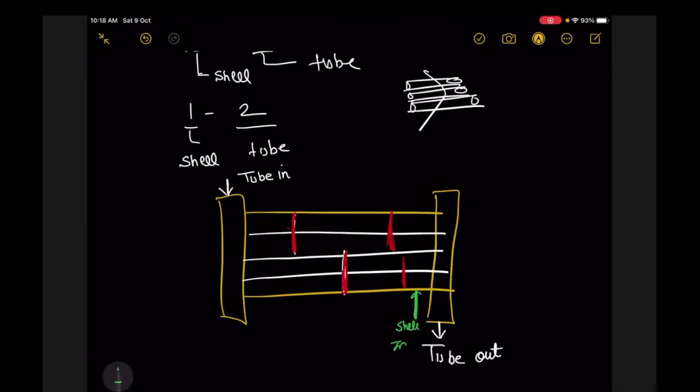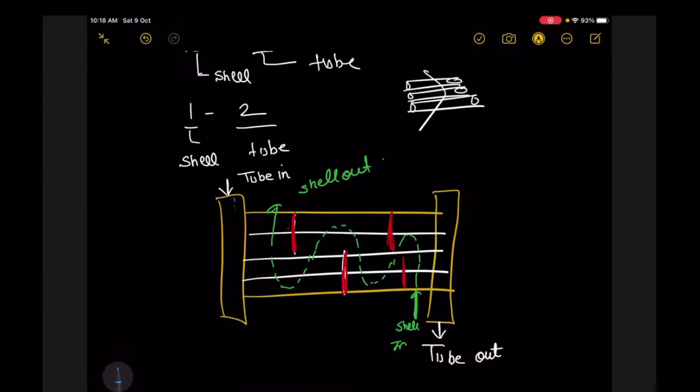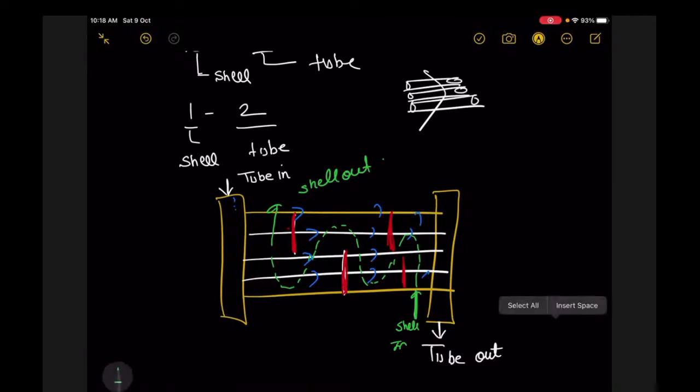Shell in. This is shell out. Tube in. It will enter. This is tube out. So if you see the direction of a shell,